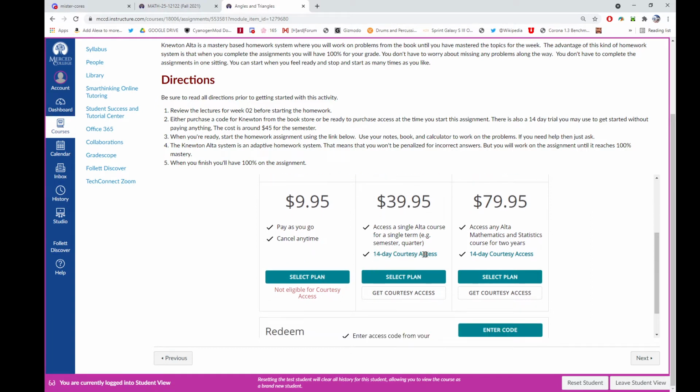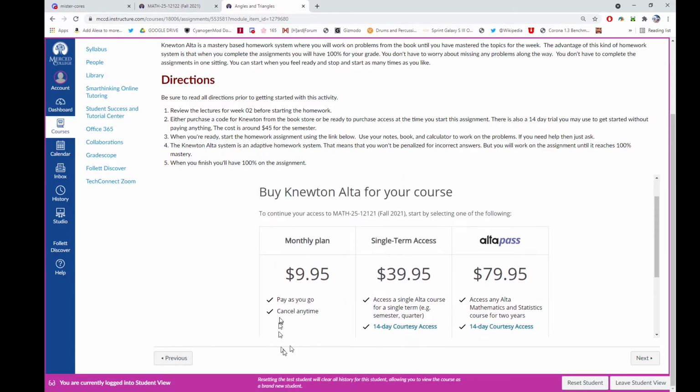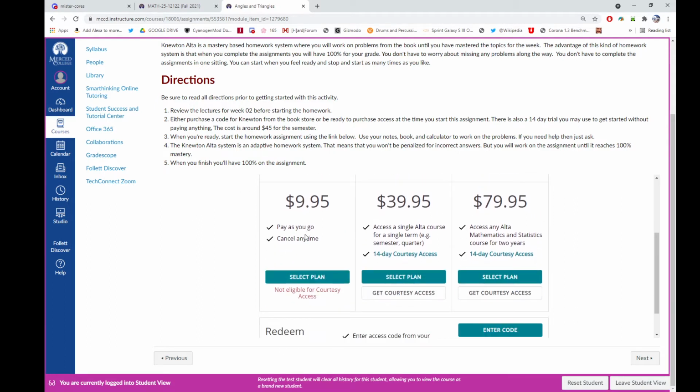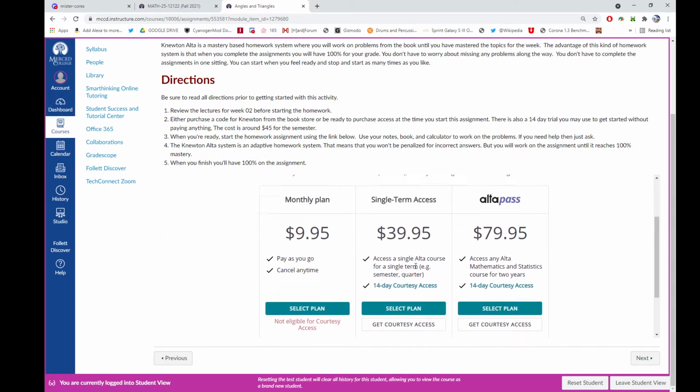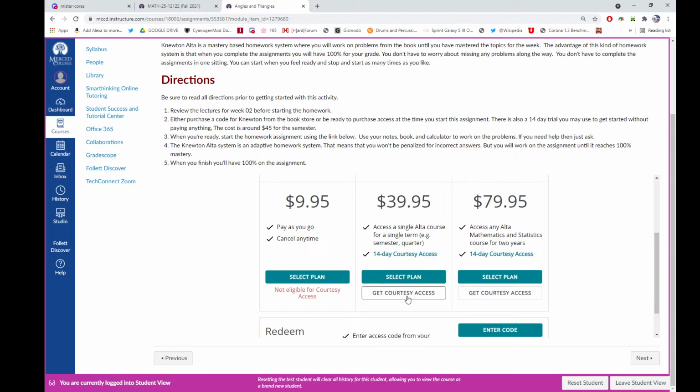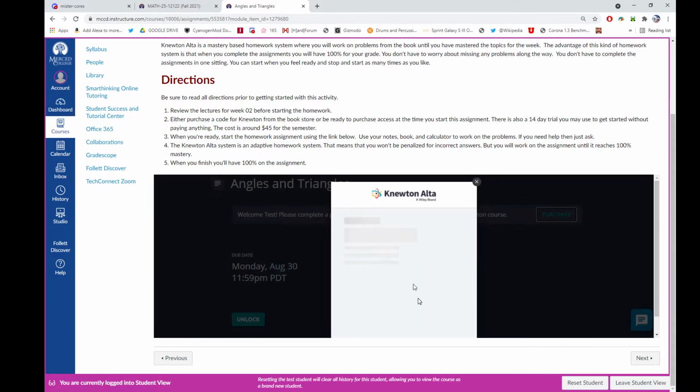14-day courtesy access. That's if you want a free trial and you don't want to pay them right now. So this is the option I recommend. I don't really recommend this option, the monthly plan, because it'll end up costing the same, and it says cancel anytime. But what do you have to actually do to cancel? I'm not sure. Okay, so I do recommend this one. I'm just going to click Get Courtesy Access, but generally speaking, this is what you would want to purchase, right? If I click Select Plan,